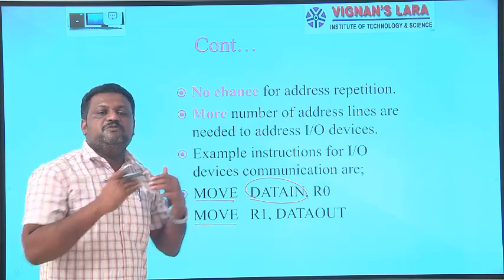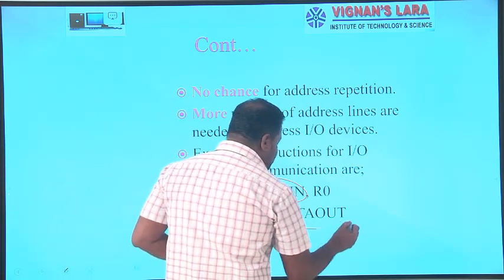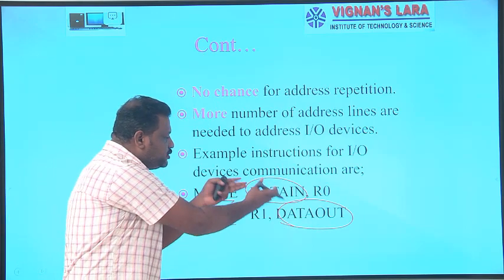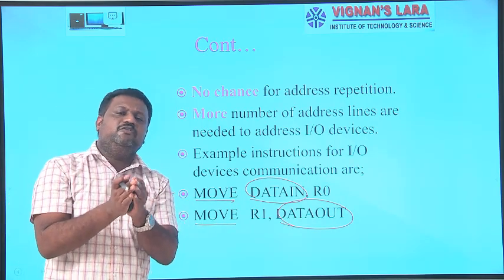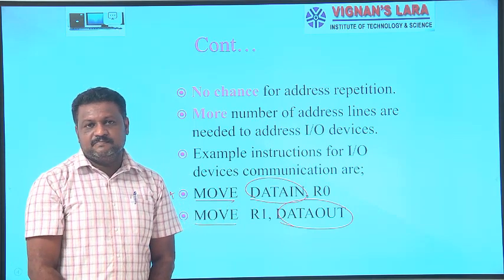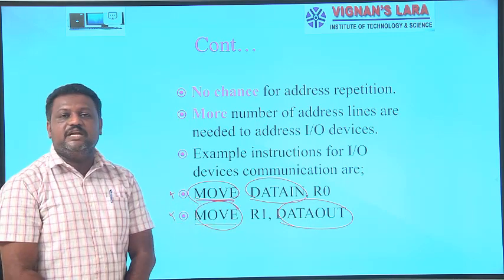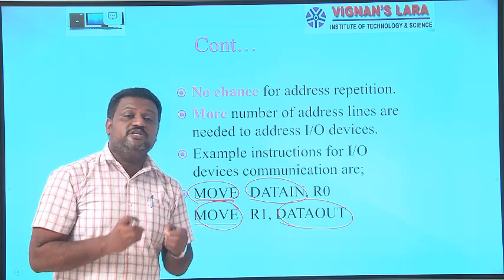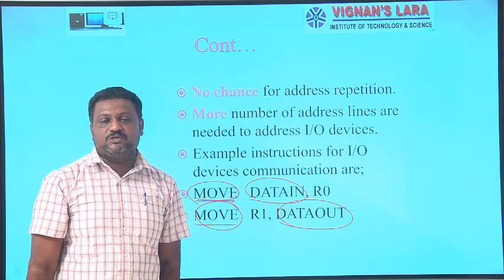whatever data the CPU transfers to the output device, the output device receives the data and stores it into another register, which is called the data out register. Wherever you identify these two types of registers in the operand fields of an instruction, you immediately remember those instructions are used to communicate with the IO devices. But here I have used memory related instructions to communicate with IO devices, because in memory mapped IO, each and every IO device is treated like a memory location. I hope you understand what memory mapped IO is.